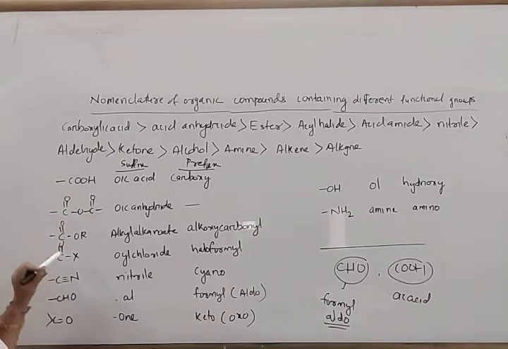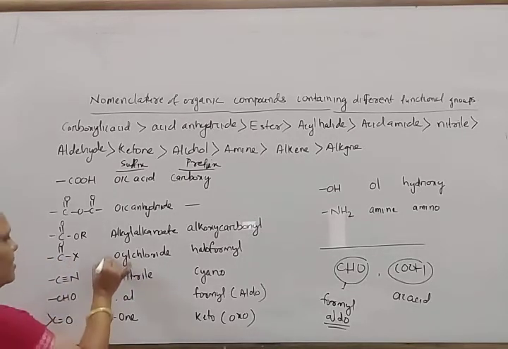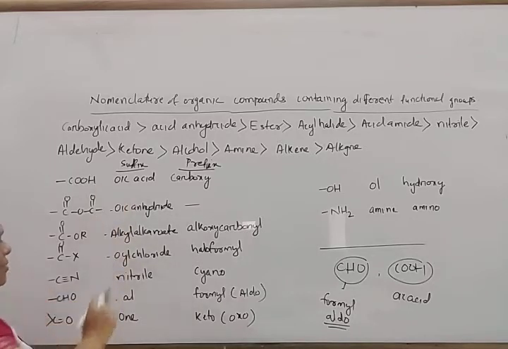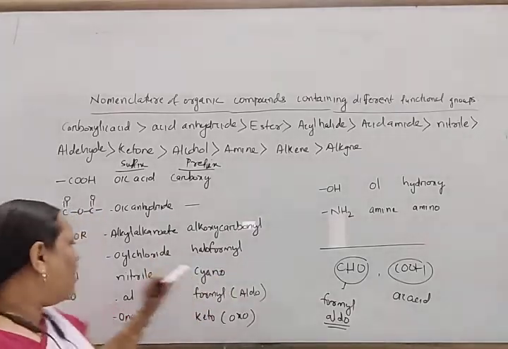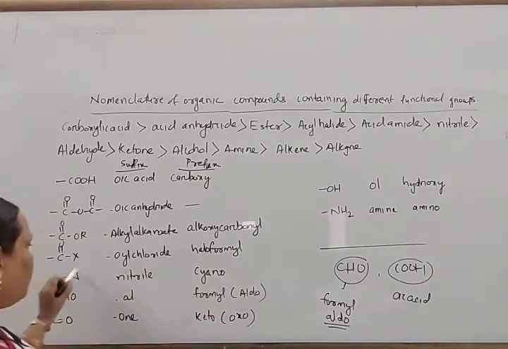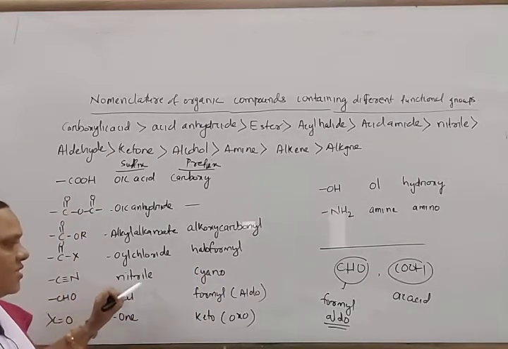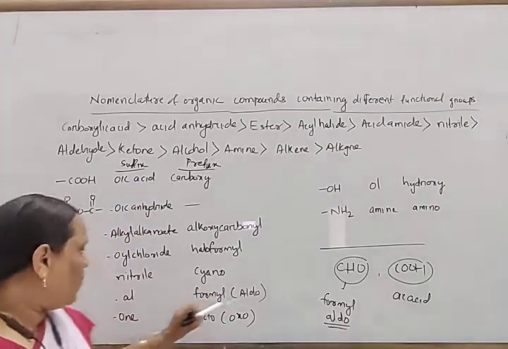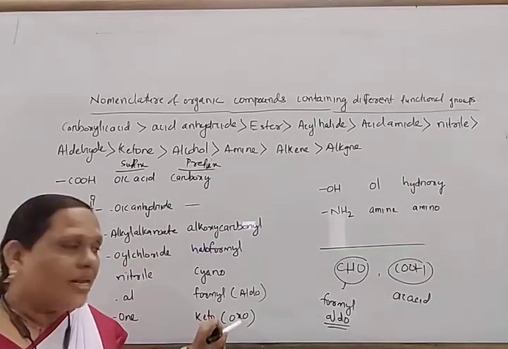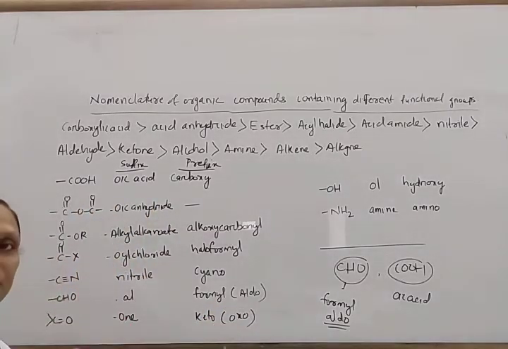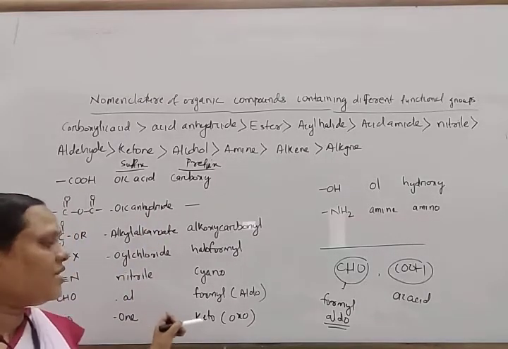Similarly, COX. Look, this is carbonyl, this is halogen, so this is oyl chloride. When used as suffix, we write oyl chloride. The same group when used as prefix is known as haloformyl. If chlorine, chloroformyl. If bromine, bromoformyl. Similarly, for cyanide the suffix is nitrile, the prefix is cyano. For CHO, the suffix is al and the prefix is formyl or aldo. For ketone, the suffix is one and the prefix is keto or